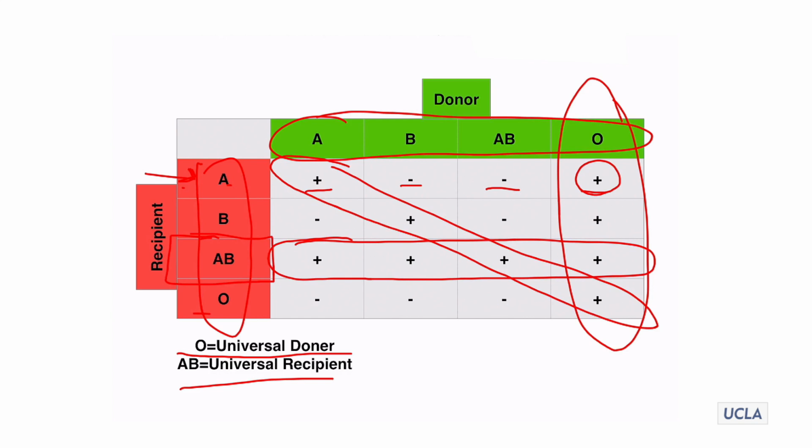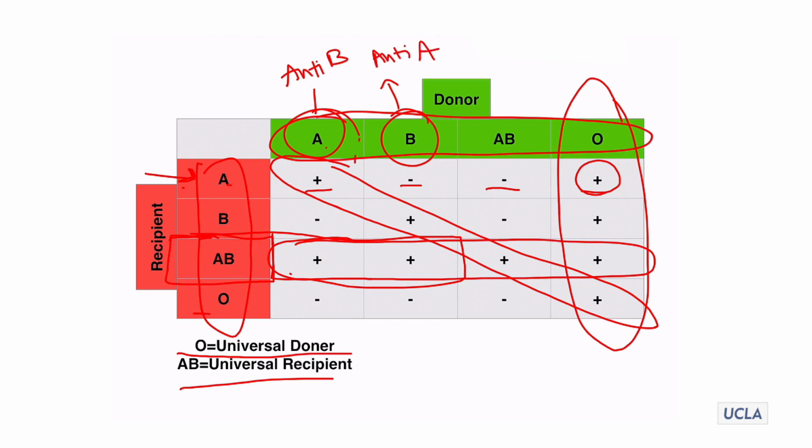So, for example, if you have AB blood and you're getting blood from either an A donor or a B donor, these A donors make anti-B antibody, and these B donors make anti-A antibody. So you're going to transfuse blood that might have some level of antibody production against the recipient's own AB red blood cells. Now, this isn't generally a problem. This is really considered a minor mismatch. The reason being is that,